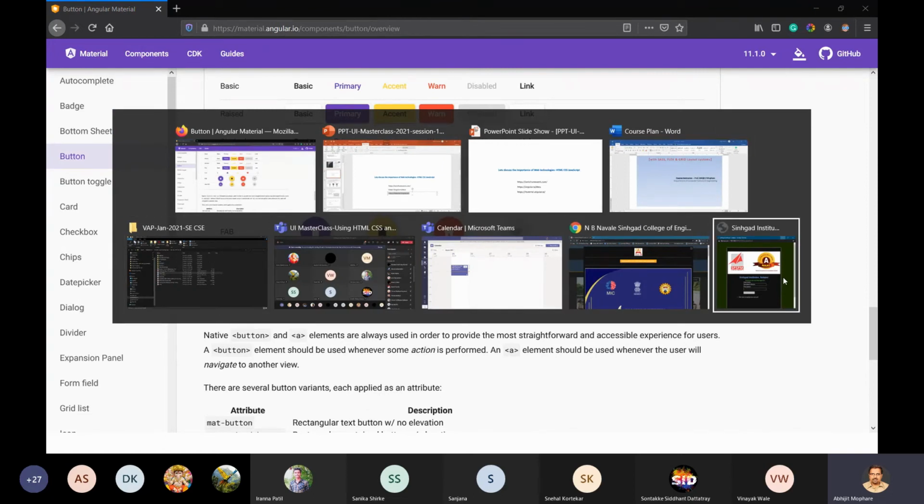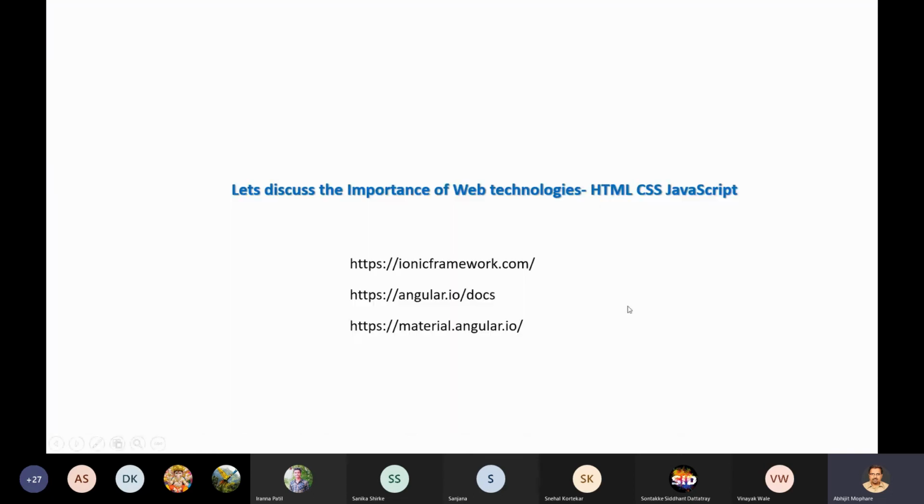So this is the importance of web technologies: HTML, CSS, and JavaScript. I hope you understood why I am emphasizing these three technologies and why you should learn them in the second year itself. At the end of this course, each and every one of you will be designing three projects: two projects in this course and another project within a group.